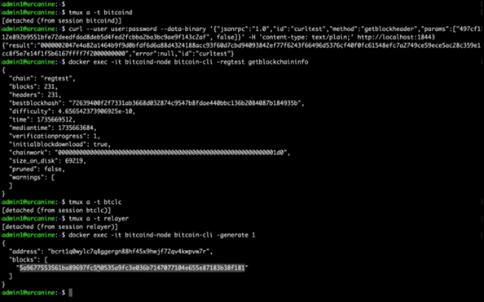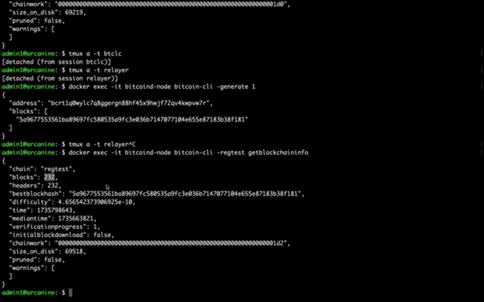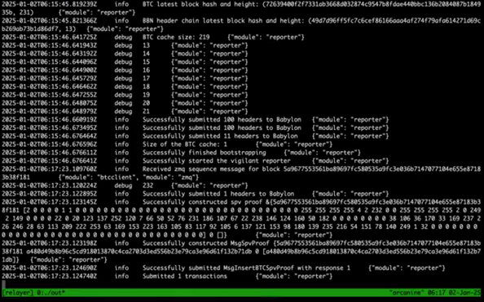Okay, so this is produce new block with this block hash. You can go and check if this has been the case by doing, let's say, this. Now you will see it's 232. We go back to the relayer. We see